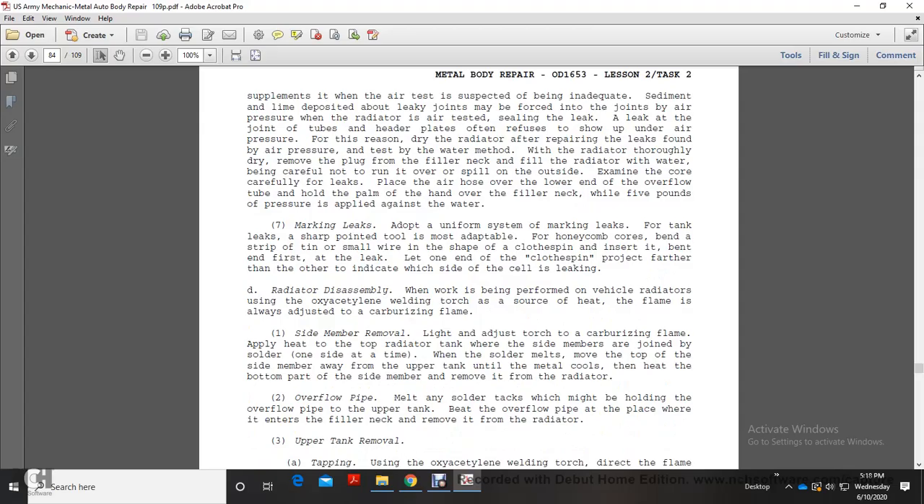Marking leaks. Adopt a uniform system of marking leaks. For the tank, mark leaks with a sharp pointed tool. The pointed tool is most adaptable. For honeycomb cores, bend a strip or thin small wire into a shape, with a clothespin inserted, bent first into the leak, and then let one end of the clothespin project farther than the other, indicating the side of the cell